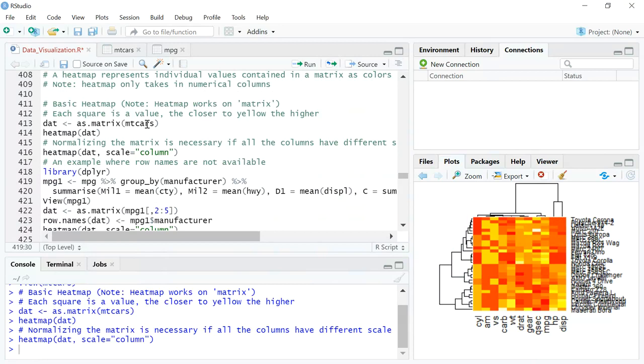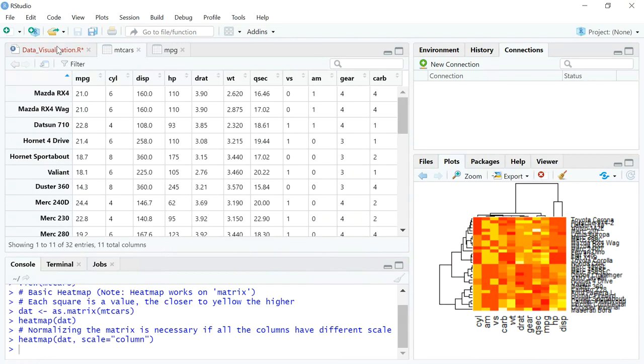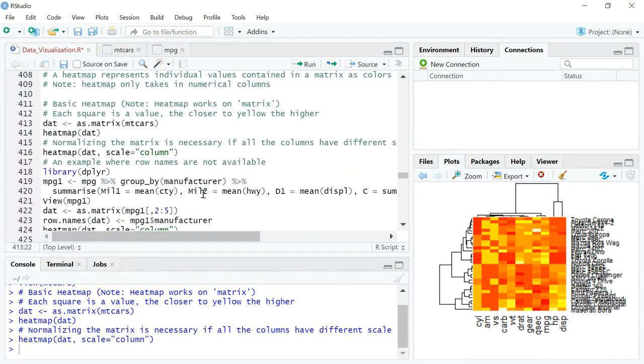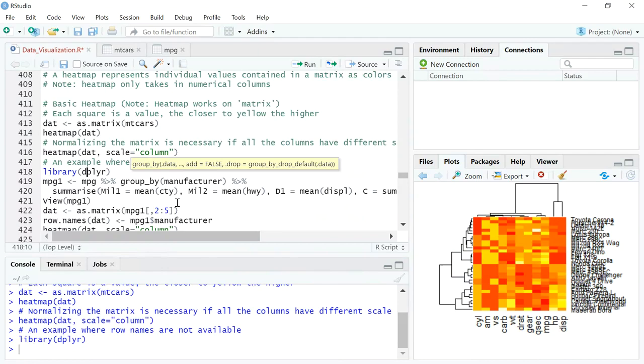Now we were looking at mtcars. The thing about mtcars is that it has row names. Let's say you have a data set which does not have row names. So what do you do? Let me run the dplyr package, and you can look at videos 5 to 7 to understand this. So what we're now trying to do is look at the mpg data set, and we